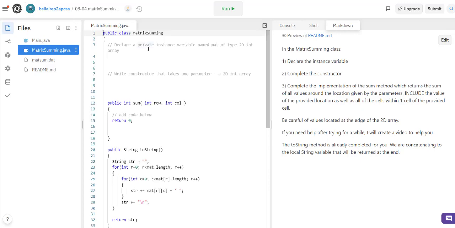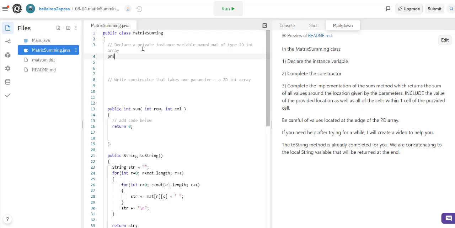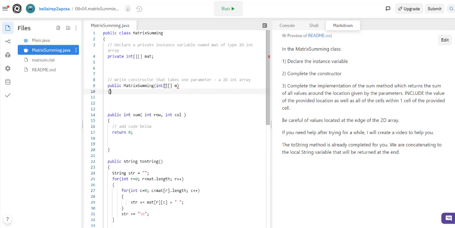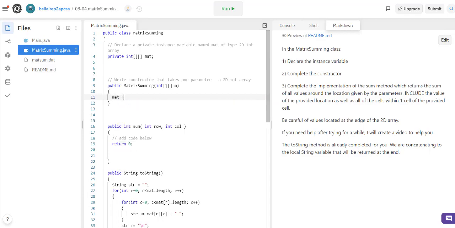So in class we talked about how we're going to declare a private instance variable named Matt. So at the top, just make sure that you've got private as the access, and it is of data type 2D int array, called Matt. You declare it at the top of the class, and then in the constructor, which always has the same name as the class, this takes one parameter, which is of type 2D int array, and give it any parameter variable. I'm going to call it M,